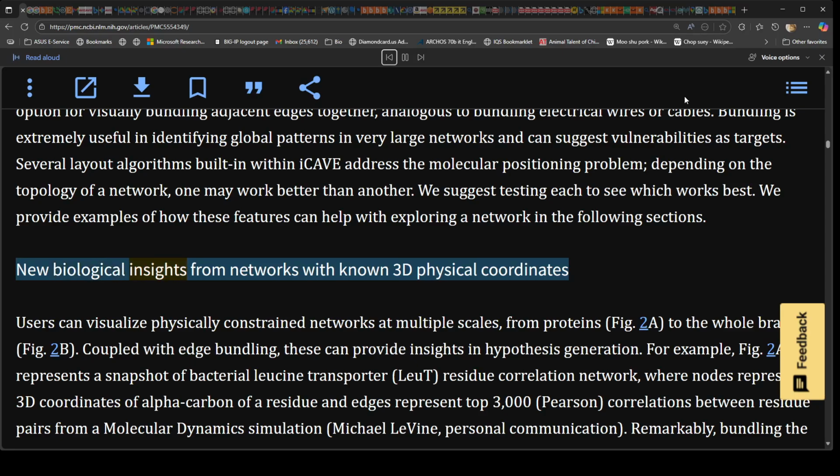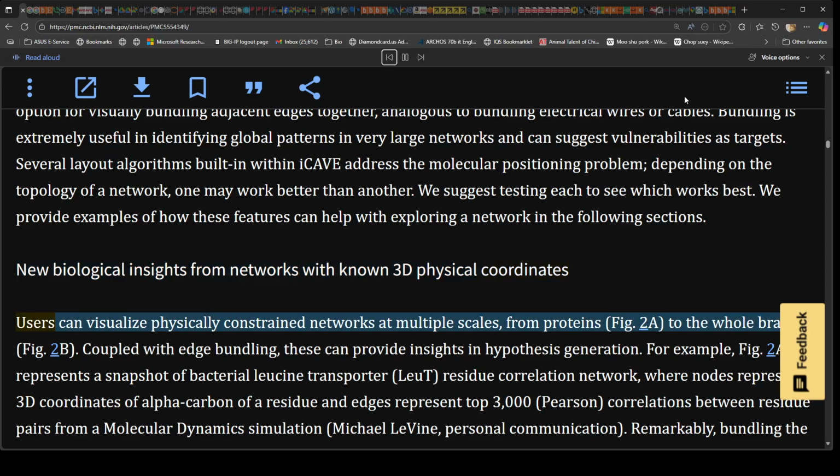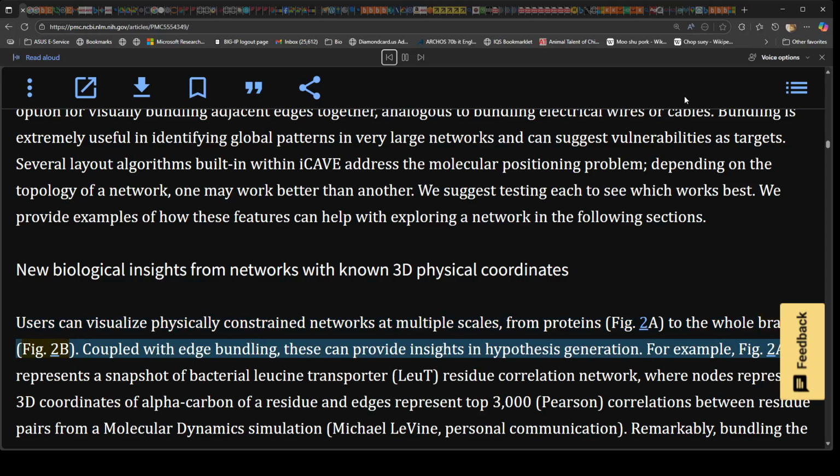New biological insights from networks with known 3D physical coordinates. Users can visualize physically constrained networks at multiple scales, from proteins, Figure 2a, to the whole brain, Figure 2b. Coupled with edge bundling, these can provide insights in hypothesis generation. For example, Figure 2